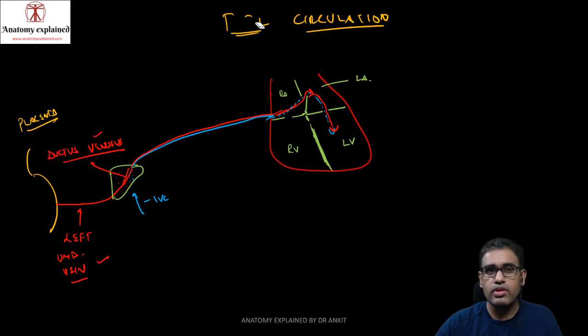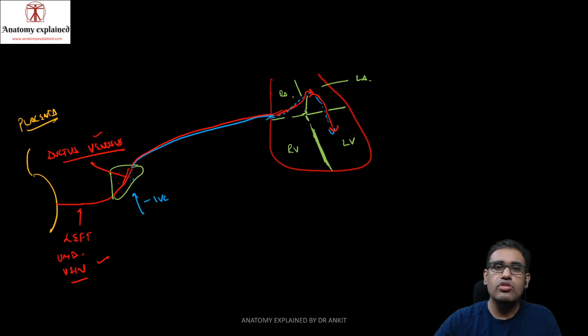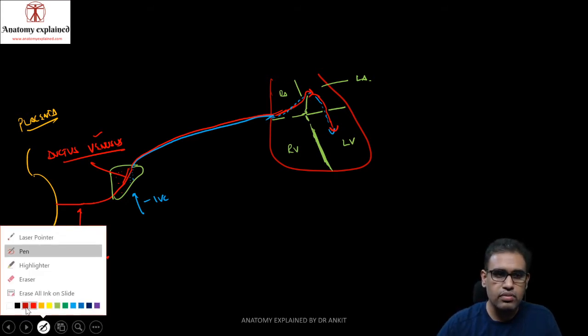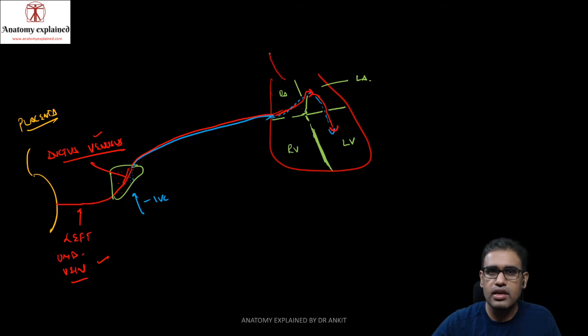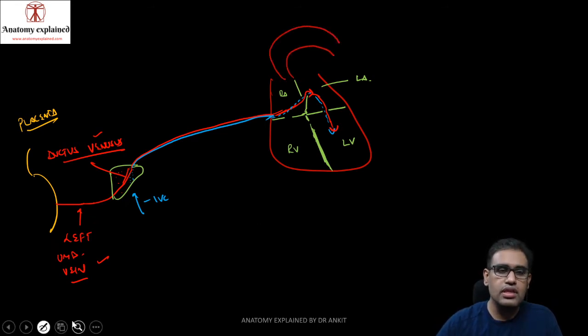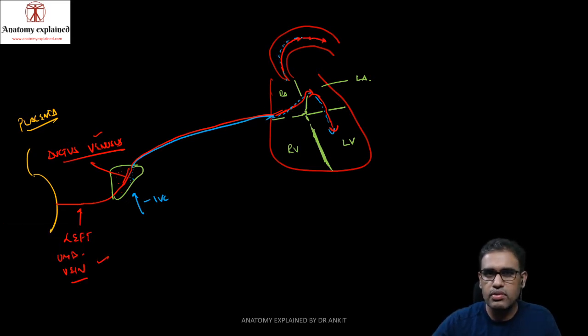So I'm just removing this, so we have some space. What we have written is the name of the topic only. So from the LV arises our aorta. I'm going to make it a slightly different color. This is our aorta over here. So from this LV, the blood over here is this oxygenated blood. It goes inside the aorta along with partially deoxygenated blood coming from the IVC.